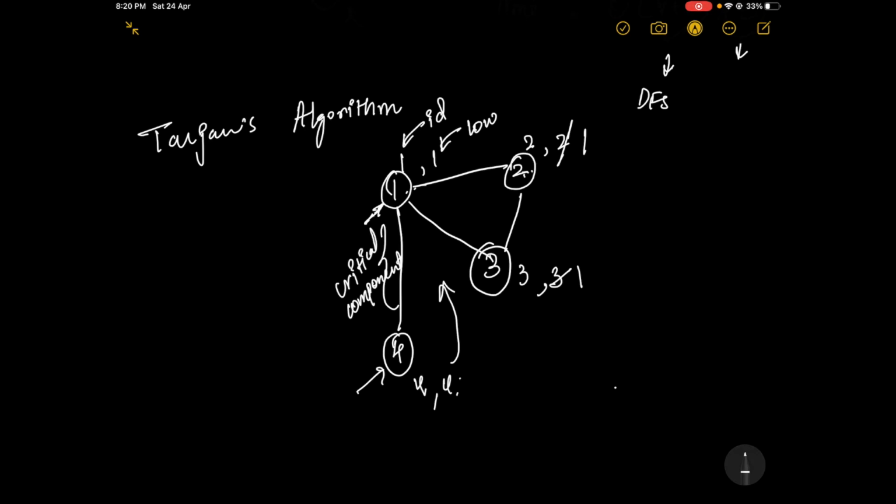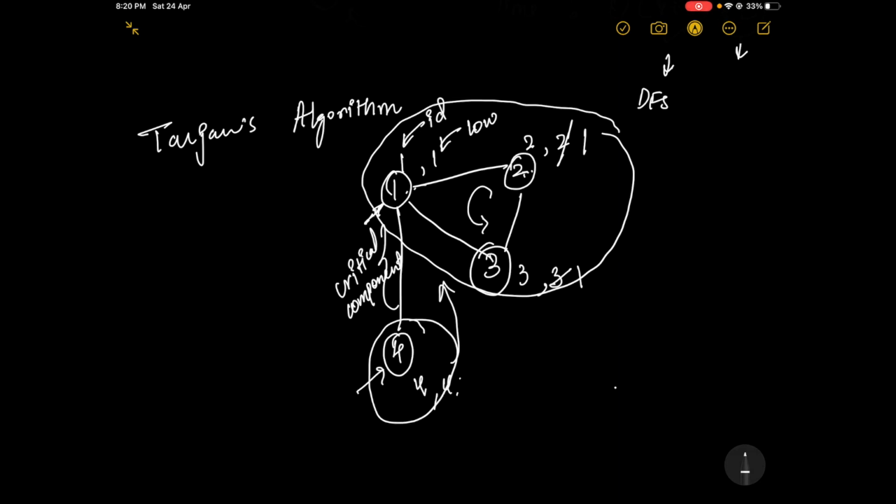So basically what we need to find is a cycle where a graph is forming a cycle, and a component which is connected to that cycle. If there's a component connected to that cycle, then the low formed by the connection would always be the critical component, and that's what we need to find in this algorithm. So let's code this, and I'll explain it more clearly there, and you will understand how to solve this problem. All right, thank you.